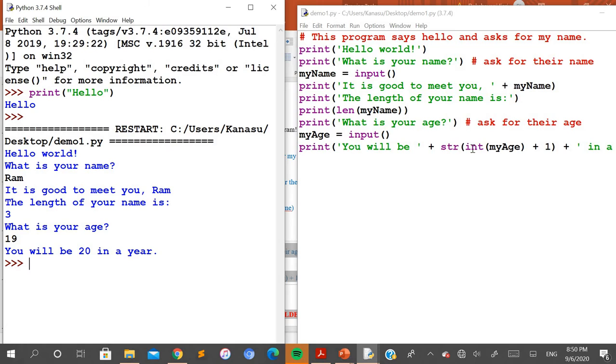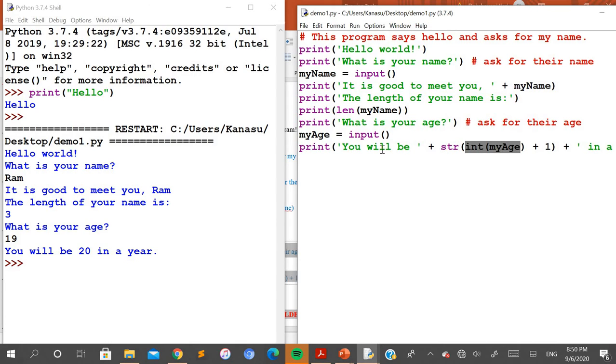Here two things have been used, which is known as type conversion. Do not worry, right now you might be confused with this type conversion, but as you go on practicing the programs, you will get to know what these type conversions are. As I told you, whatever input you give, by default it will be a string. Here I want to do a mathematical operation, to add one to the numeric value. So this string value taken in my age needs to be converted to an integer. That's why it is taken as int of my age, to convert the 19 into an integer here. Then you can add it.